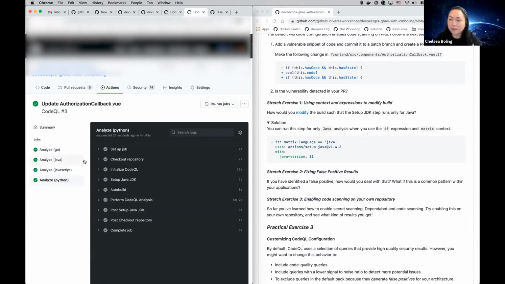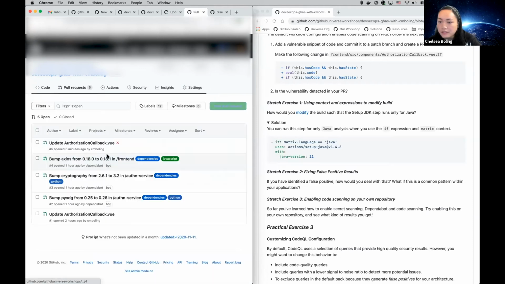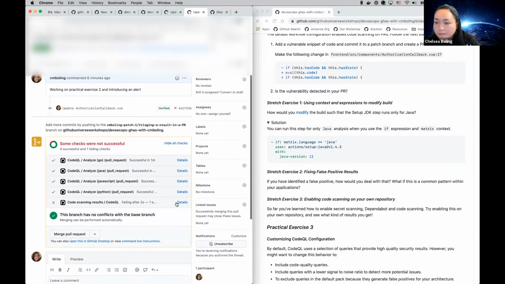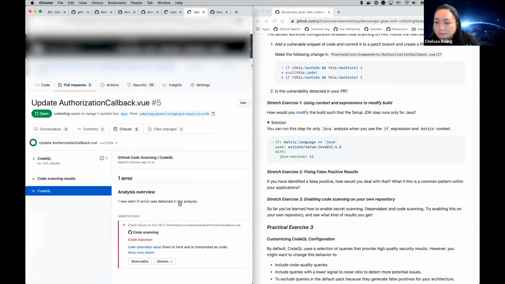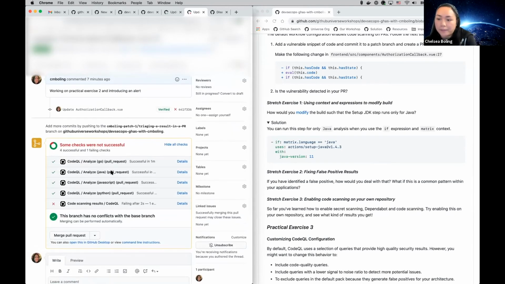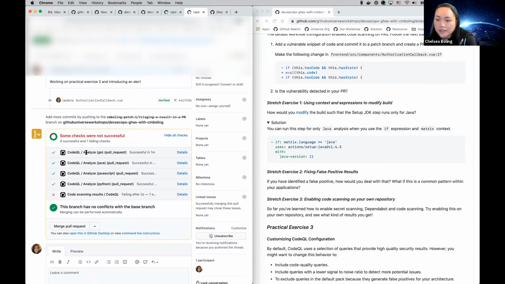All right, so looks like for me, the Python analysis completed. Therefore, the entire action is completed. So let's look into our PR. As you can see, let's go back. You can see the analysis for each of the languages have completed, right? But then over here in code scanning results, we get the big X, right? So if you click on details,